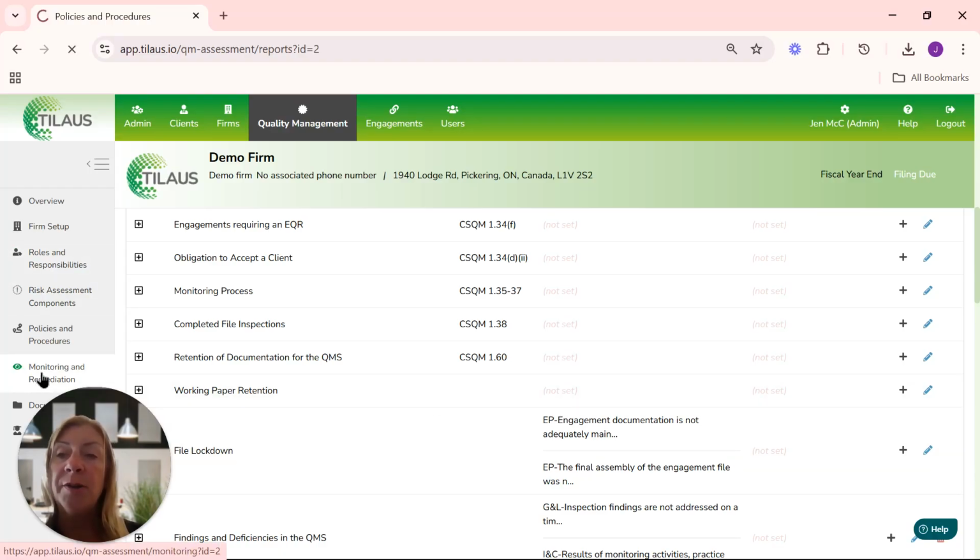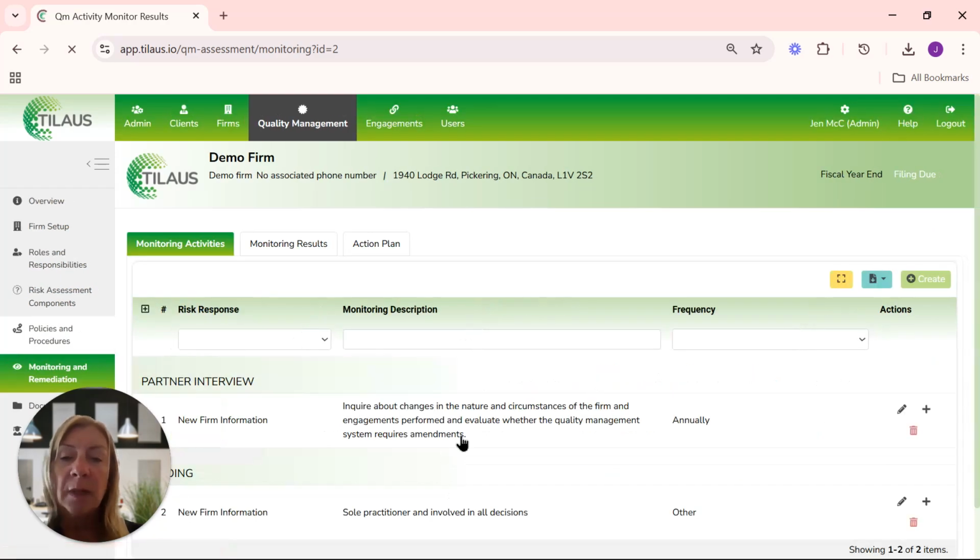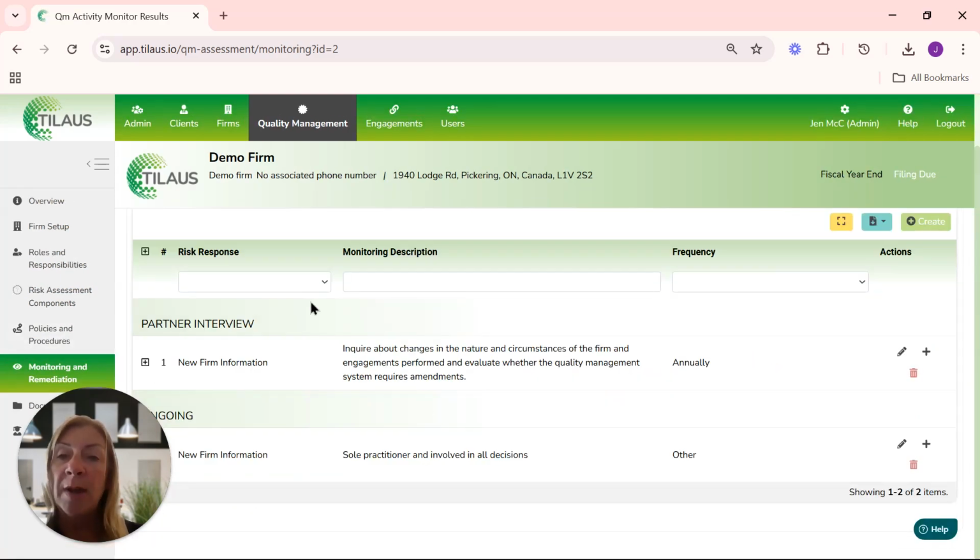Now, when I go into my monitoring and remediation tab, I am going to see those two monitoring activities that I just set up. So remember, before there wasn't anything. They've grouped them, remember, under those classifications. So this is going to allow me, when I go to actually do the monitoring, to say, I'm going to do all my partner interviews at the same time, and I'm going to be able to go in and perform those monitoring. If I had more than one interview, it would show up underneath. So it's going to group these all by classification. So once you have all of those set up, your monitoring system has then been